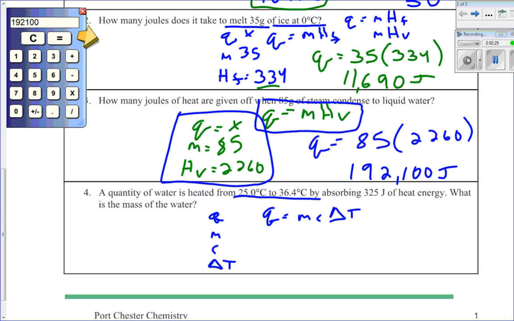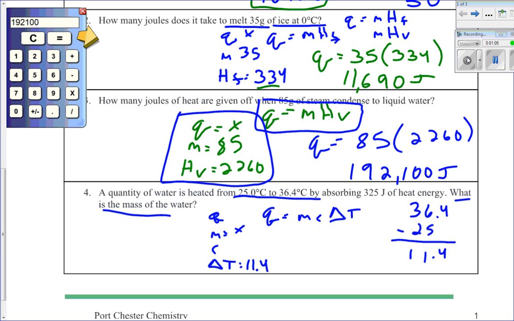Now, reading through the problem, what are we calculating here? It says, what is the mass of the water? So we're no longer calculating Q, so we have to calculate M. So we're going to leave that as X, and we read through to find the other variables. So quantity of water is heated from 25 to 36.4 degrees Celsius, so we could find delta T there. So we have 36.4 minus 25, and we get 11.4 as our delta T,